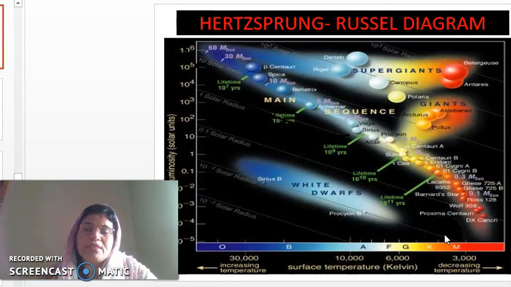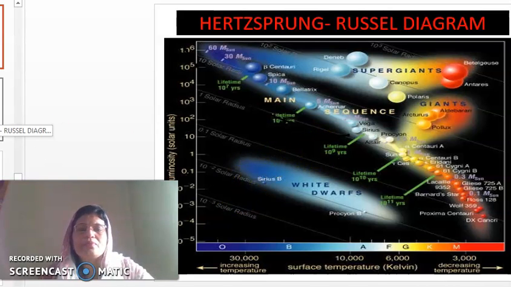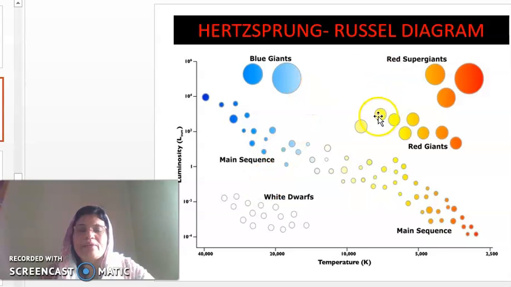By using this diagram, we can classify different stars and find out magnitudes and surface temperatures of various stars. Another diagram I will show you. This is the HR diagram drawn in another manner, with temperature along the x-axis and luminosity along the y-axis, and temperature varies from 40,000 to almost 2,500; in the previous diagram we showed 3,000. And this is the band of stars called main sequence stars.